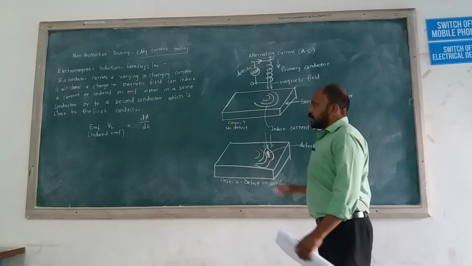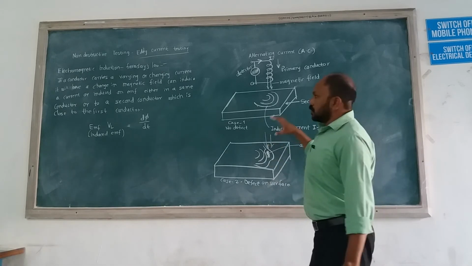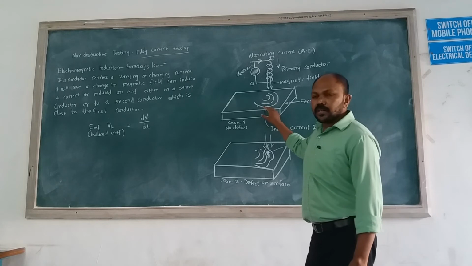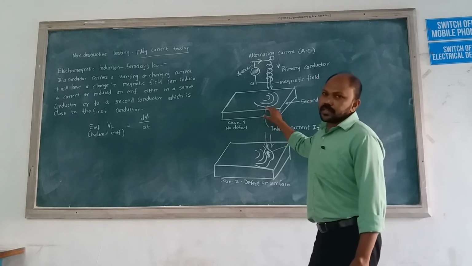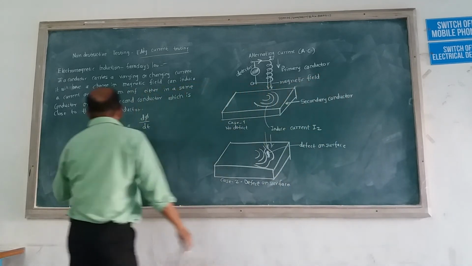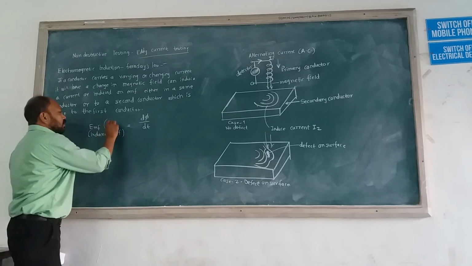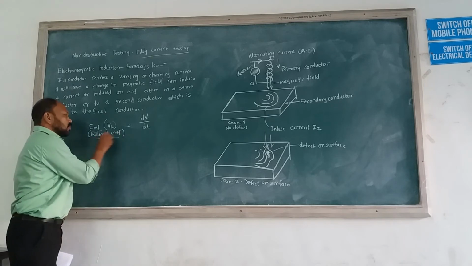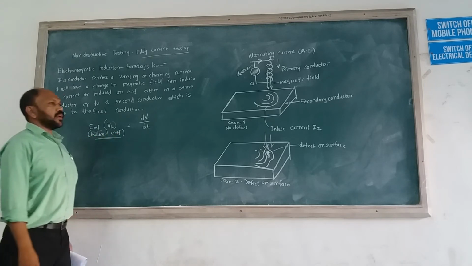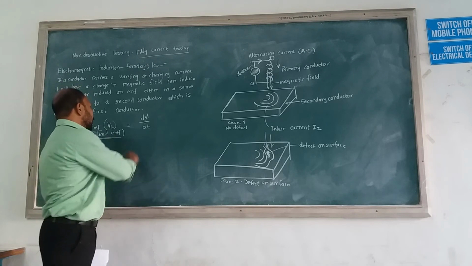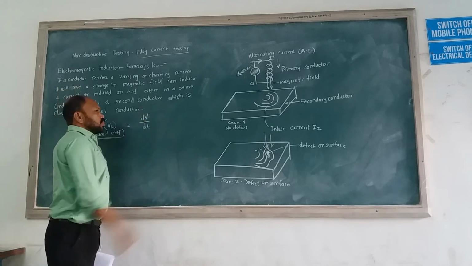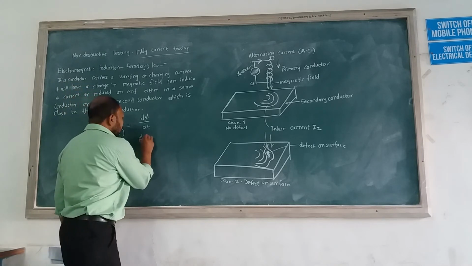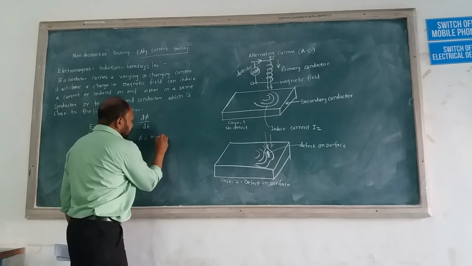Okay, so in this way the magnetic field is generated, and due to that, induced current gets generated. What is the formula? So here we call it VL, that is EMF. This is also called induced EMF. So how do we get the value of induced EMF? Induced EMF is equal to the change in magnetic flux, where phi is magnetic flux.